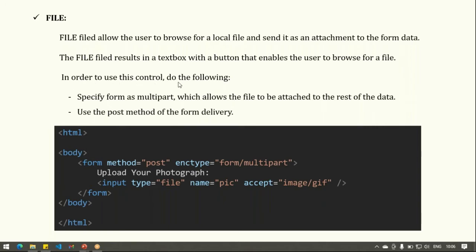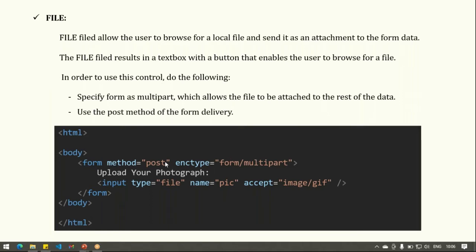In order to use this control, we need to do the following things. First, here it is very important. First specify form as multi-part. We need to specify our form as multi-part, which allows the file to be attached to the rest of the data.